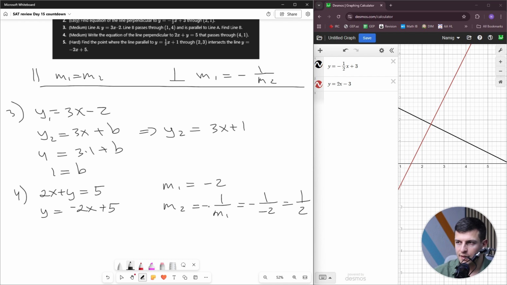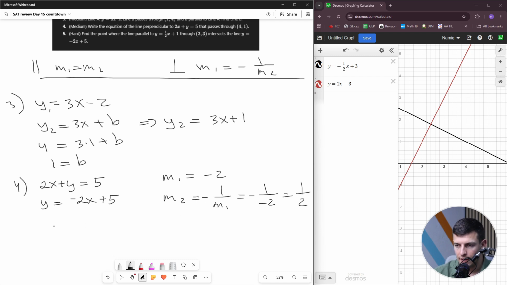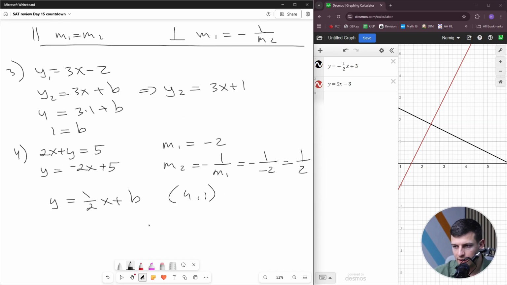But I'm not done. It has to go through 4 and 1. Again, I have y equal to 1 over 2x plus b. I don't know what b is yet, but I'm going to use the point 4 and 1 to find out. So 1 for y and 4 for x